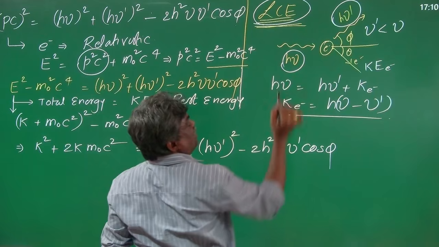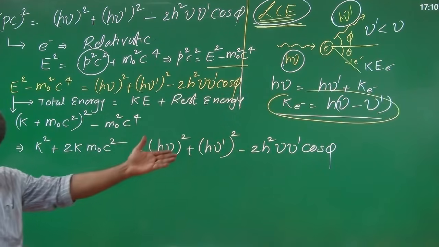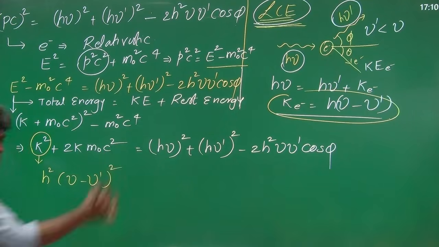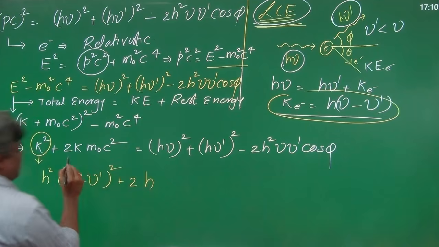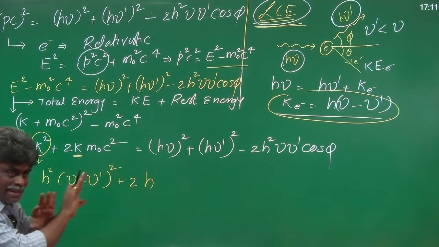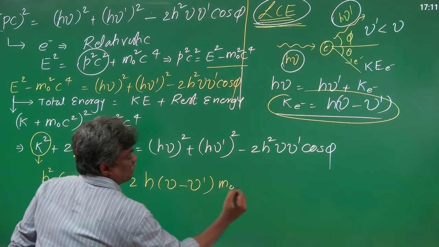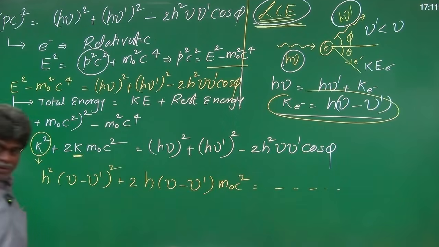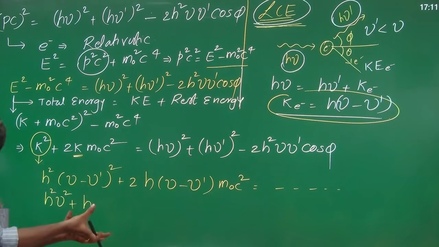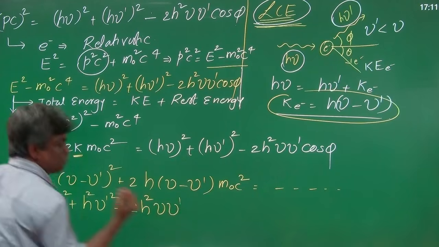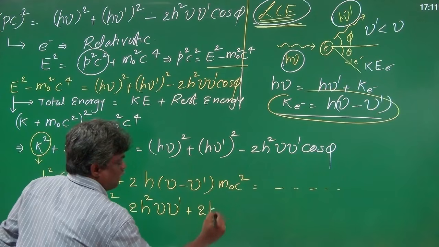Now I am taking the law of conservation of energy. What is the kinetic energy? Please tell me. K square, what is K square now? See, I am substituting now. I am not creating any step. Right. This one as it is, no need to write again. Now please simplify. h square nu square, see, this is (a minus b) whole square: h square nu prime square minus 2h square nu nu prime plus 2h